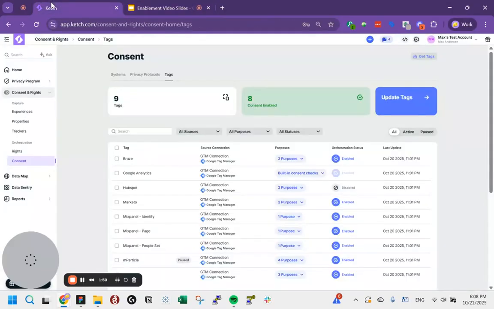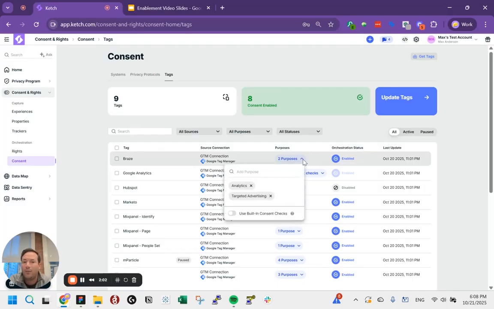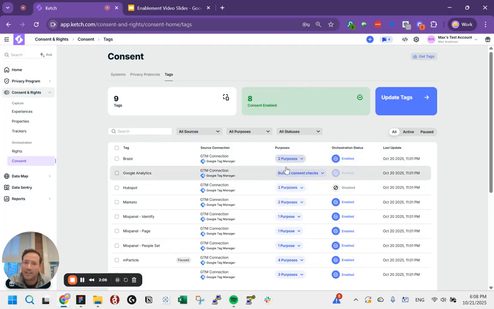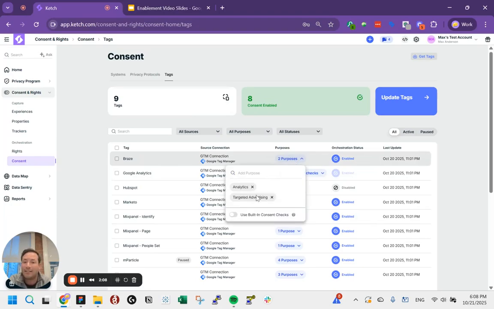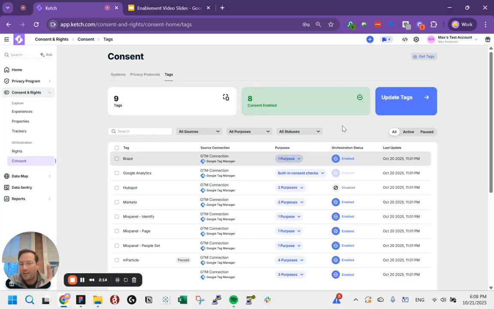Whereas in Ketch, our integration that you're looking at here actually goes in and syncs with Google Tag Manager or whatever TMS you're using, and it pulls down the list of tags. It tells you their status. You can define what purpose dependencies exist. And when you make those choices, you can say this Braze tag can't fire unless and until, let's say, just targeted advertising. When you make that choice, it automatically goes into Google Tag Manager and configures every little thing that